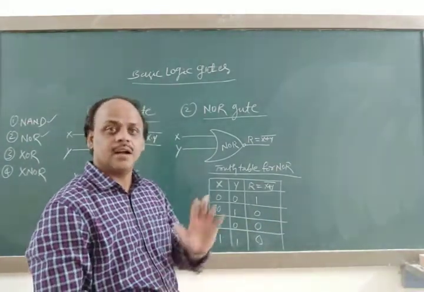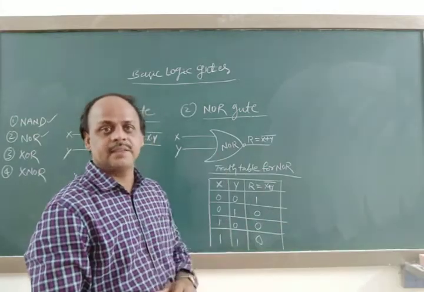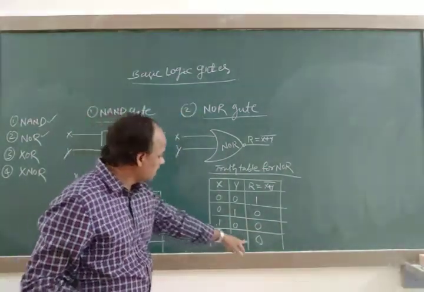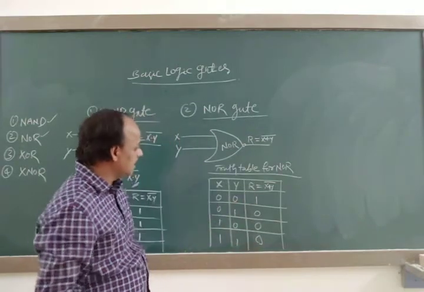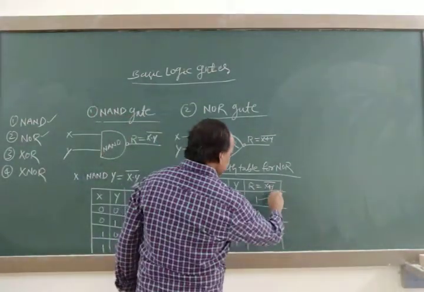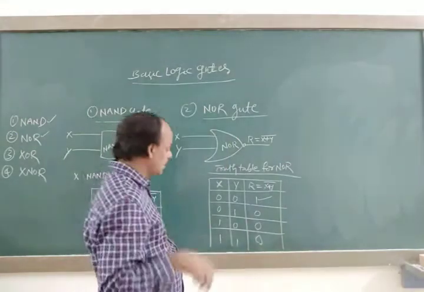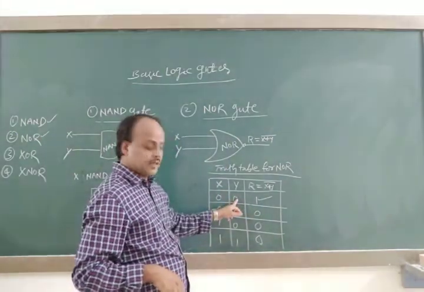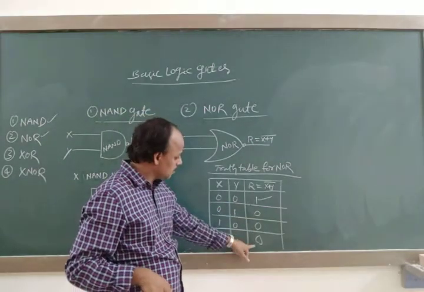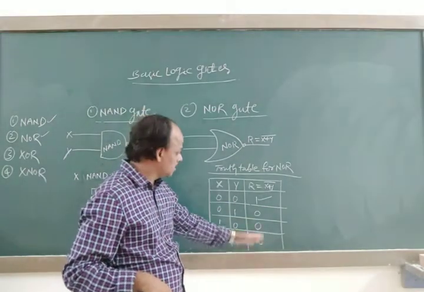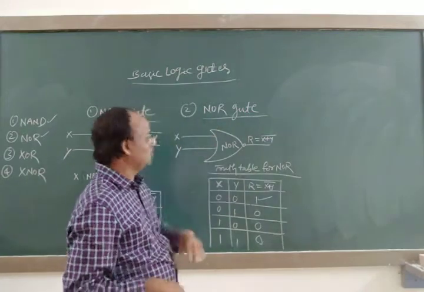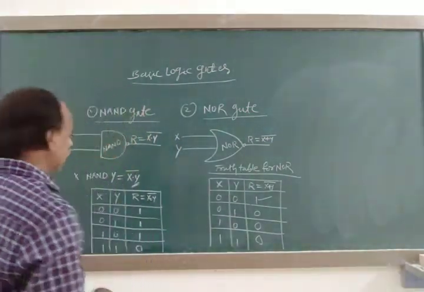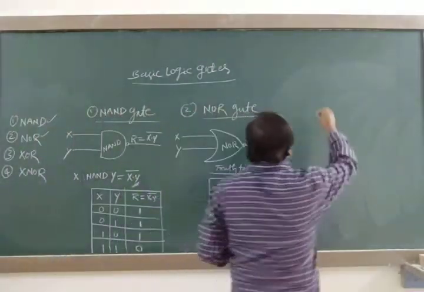The NAND gate is a complement of the AND gate. So how do we define a NOR gate? See once again. In the NOR gate, the result is high, 1, if and only if both the inputs are low. In other cases, the result is low. Like this, we can define the NOR gate. Right? Now consider the next, fourth gate,